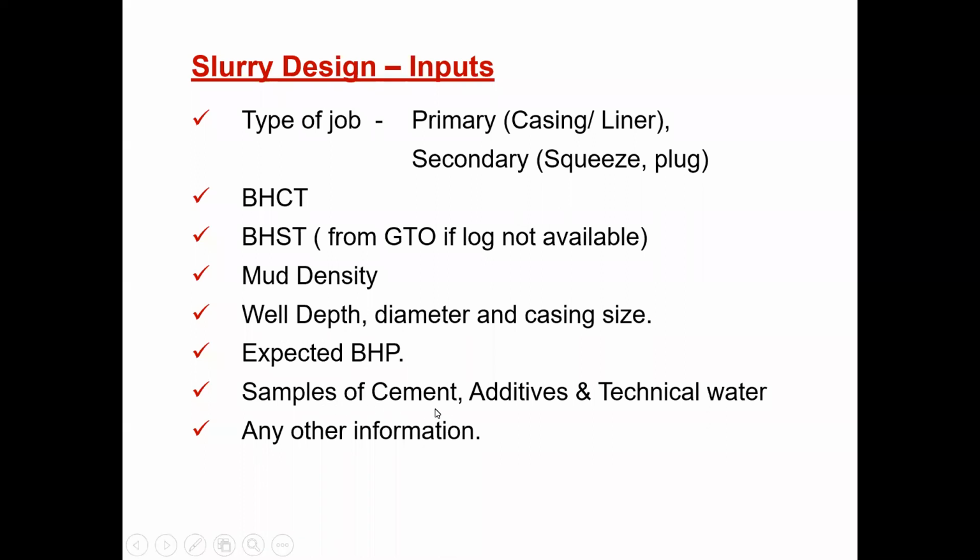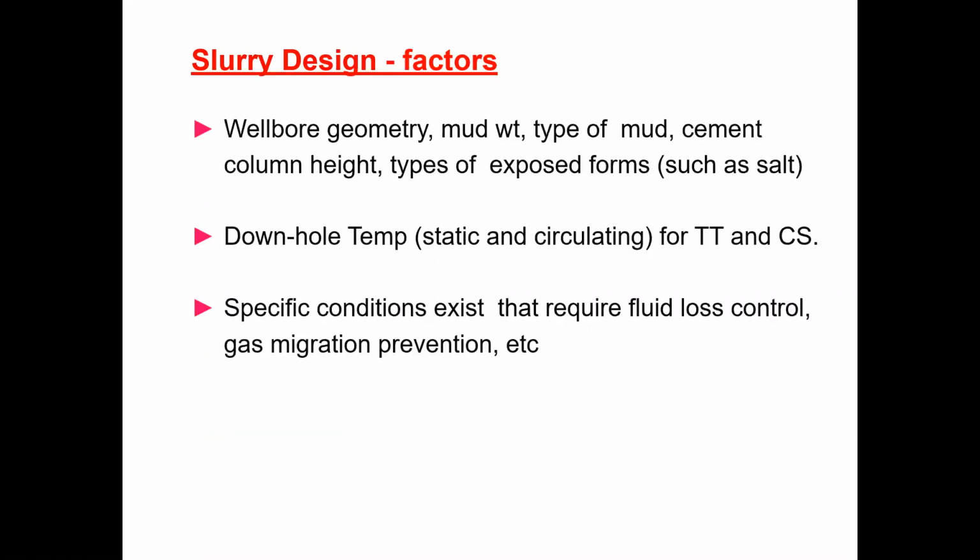Laboratories use a lot of equipment for designing the cement slurry. Consistometers are used, settling tubes are used, and curing chambers are used under bottom hole conditions to know the compressive strength of the set cement. I will not go into the details. You can check the chemistry part on how to test the cement slurries. It is covered as per the API 10B standard. If you have API standard 10B, you can see how the testing is done. So all this information is required for cement slurry design.